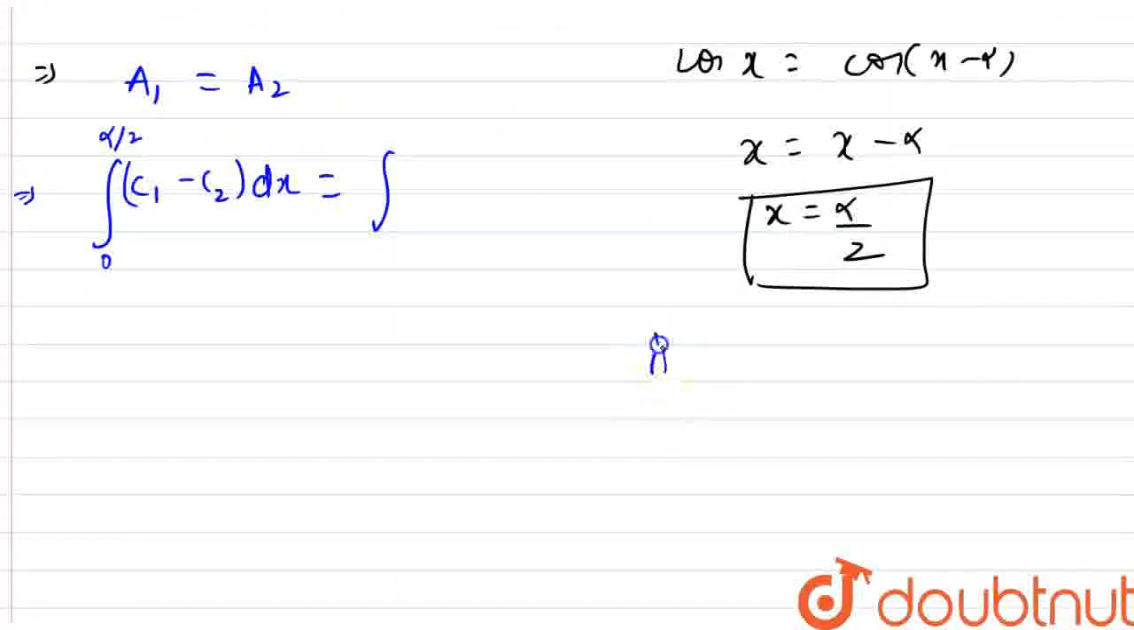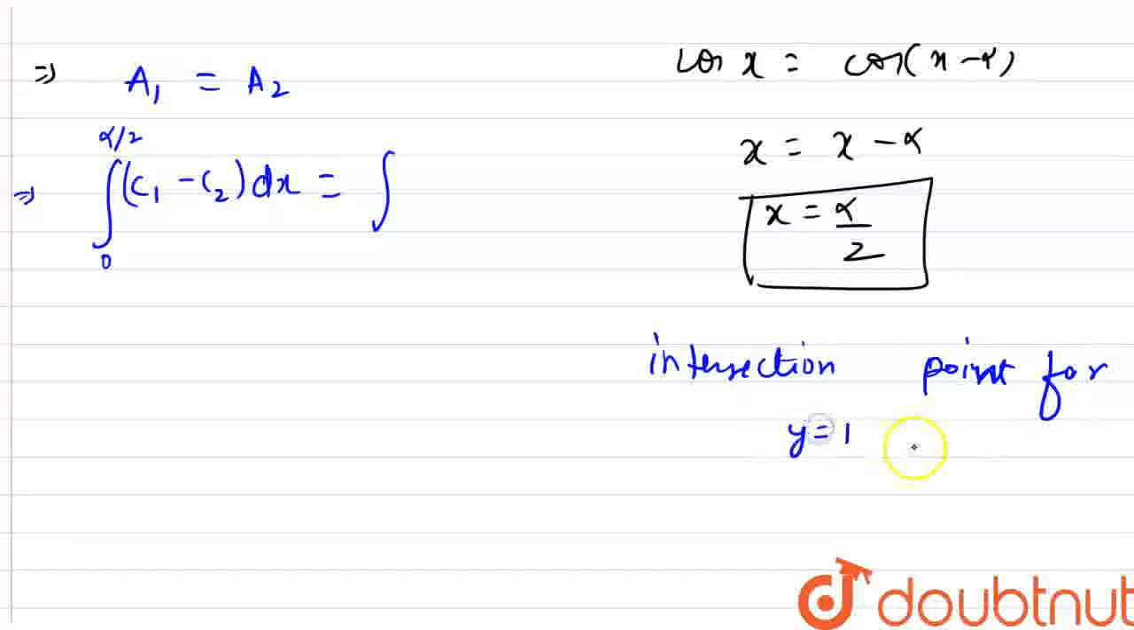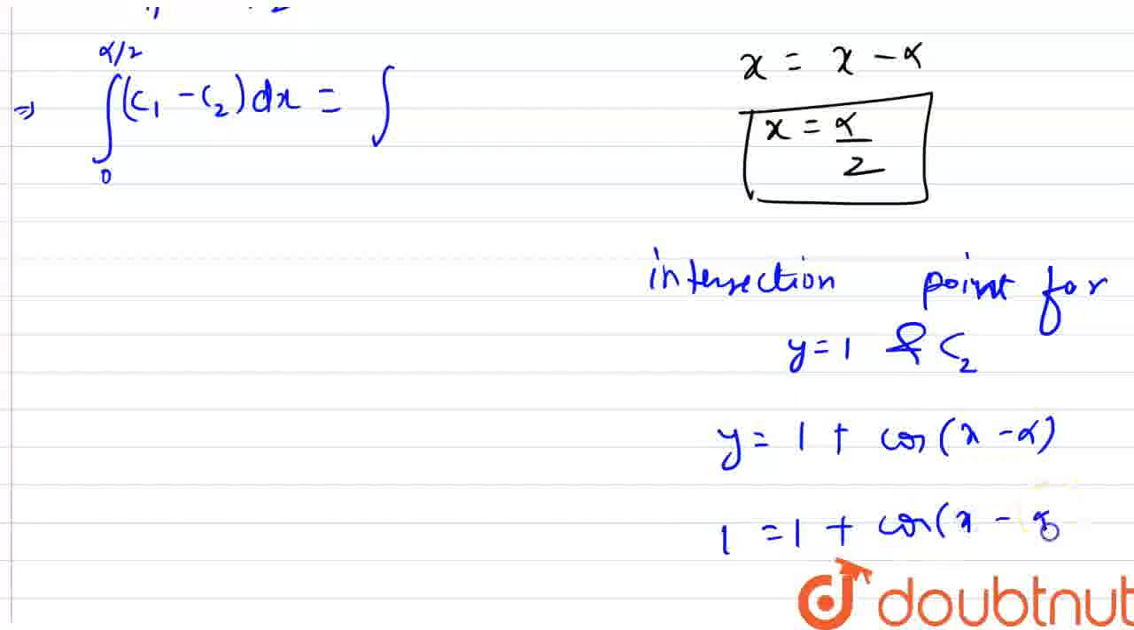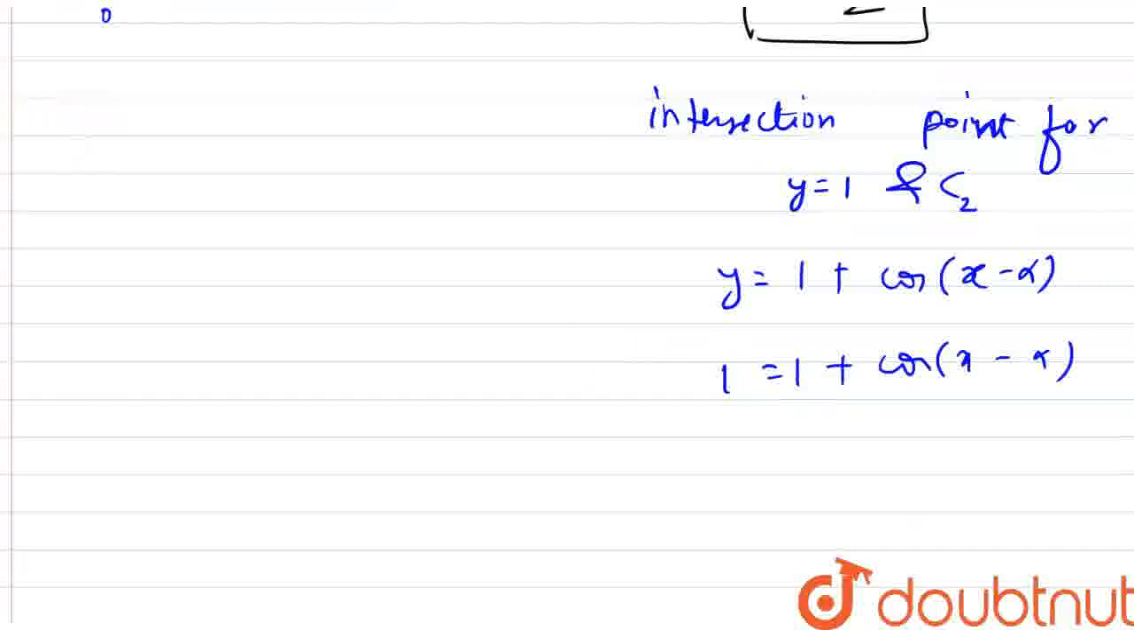So I'm writing here intersection point for y equals to 1 and c2. So it will be y equals to 1 plus cos x minus alpha. I'm putting this 1 here, so it will be 1 equals to 1 plus cos x minus alpha. Now from here you can see that 1 will cancel out 1 and I will be left with cos